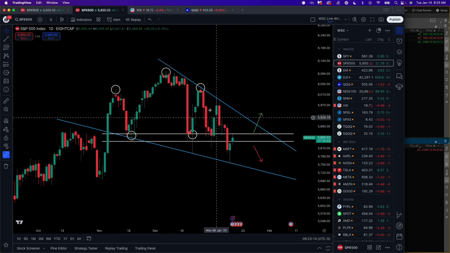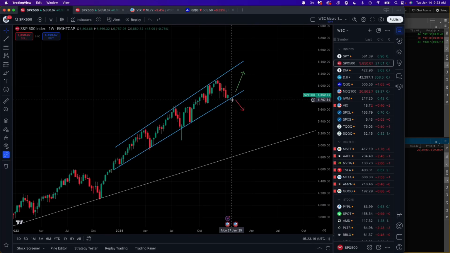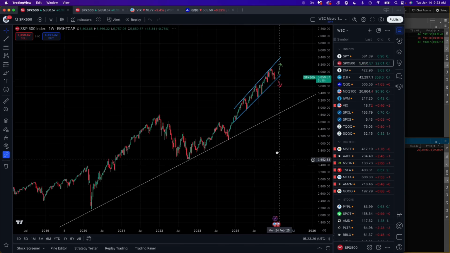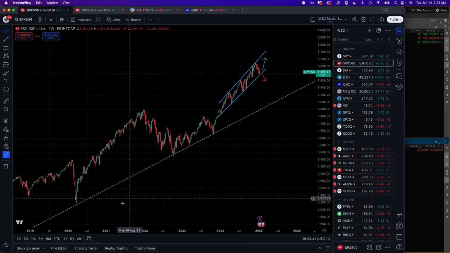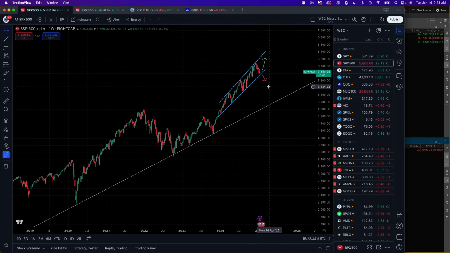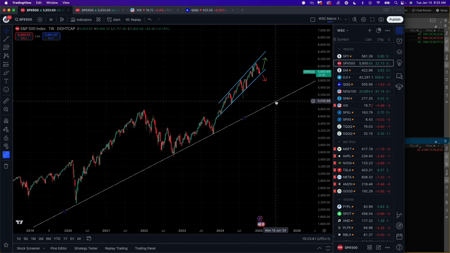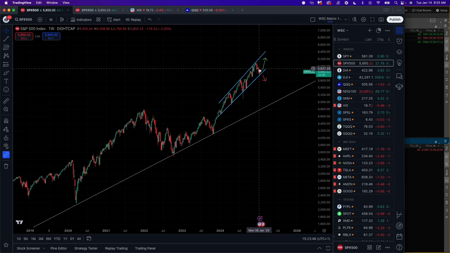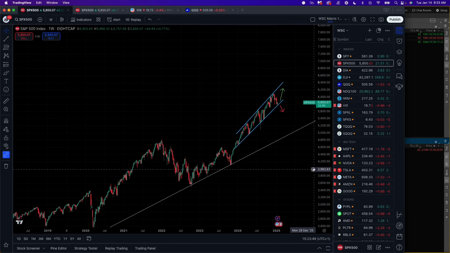So could this head and shoulders on the daily time frame be an early signal that we're actually ready to break the 2024 bull market trend line and possibly head into a stock market correction or even retest the COVID trend line here? A potential 10% drop stock market correction will take us somewhere here to 5,400. If we would be retesting the market on this support trend line, that would already be kind of a 20% drop. That's already a bear market.